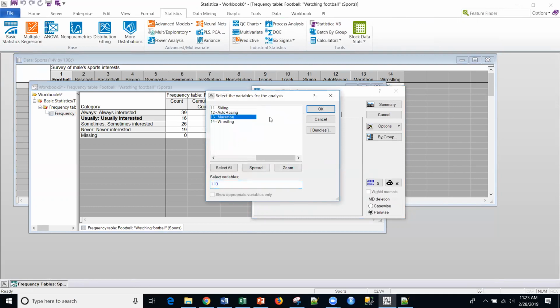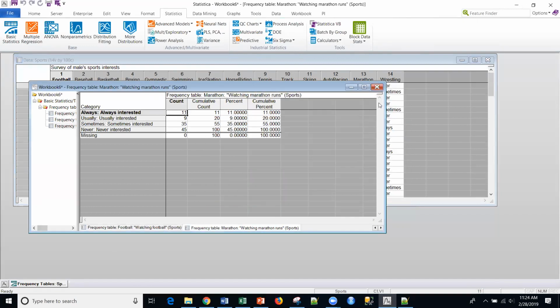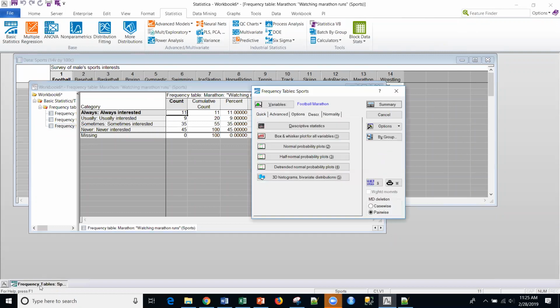So let me select additional variables. So we have football and marathon now, and I can click a summary, and so that gives me a different summary table for that as well. Now there is one thing that I will show you when you select more than one. So now we have two sports, and if I want to compare